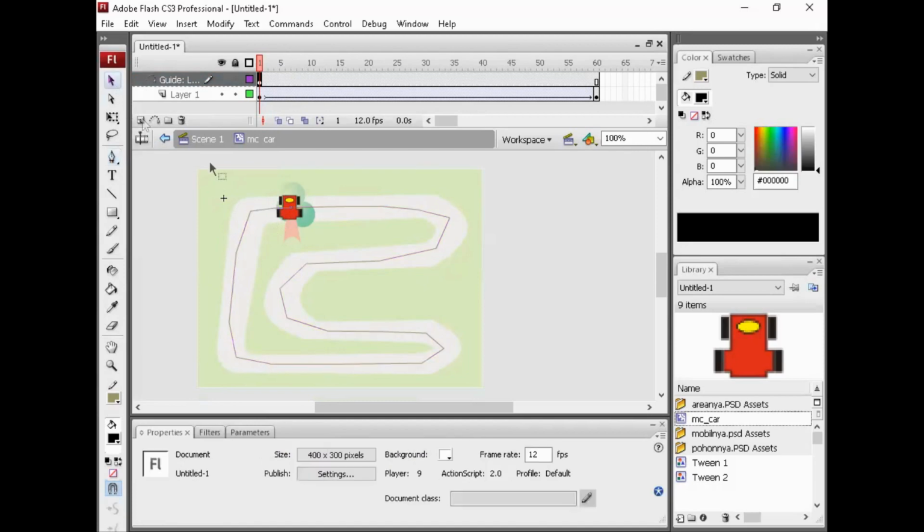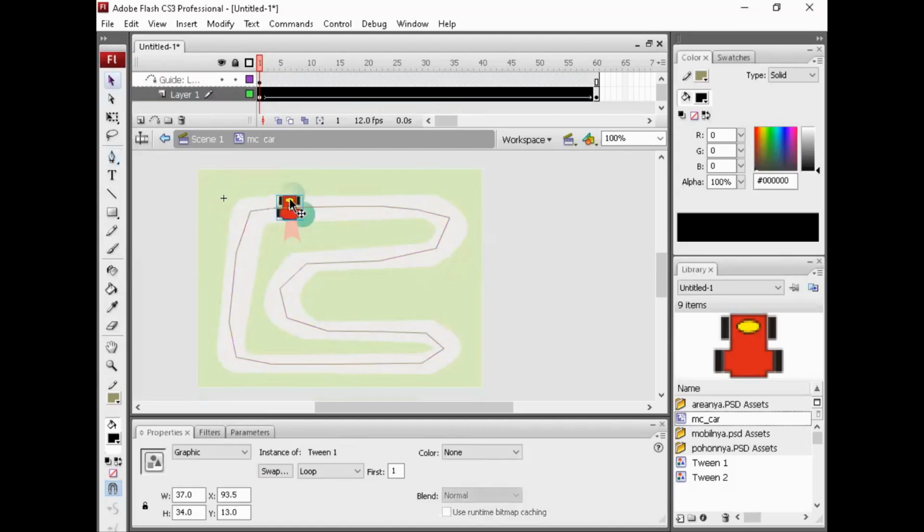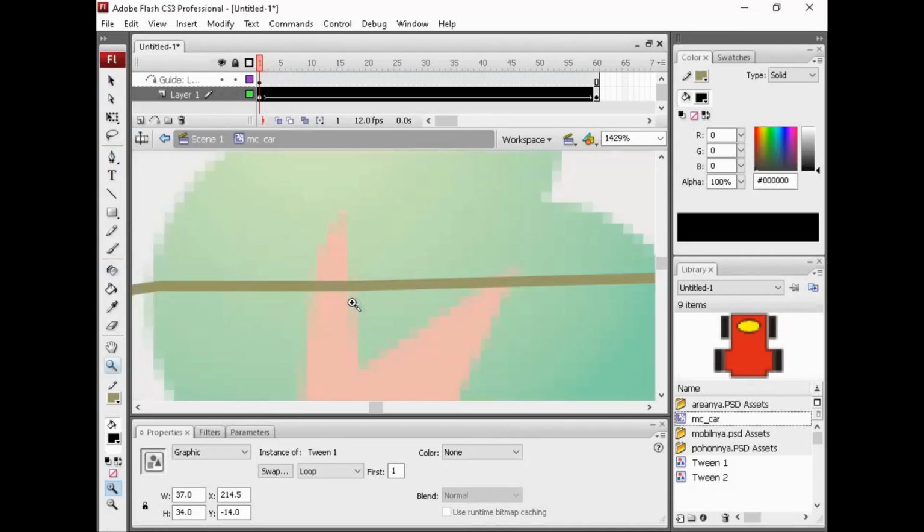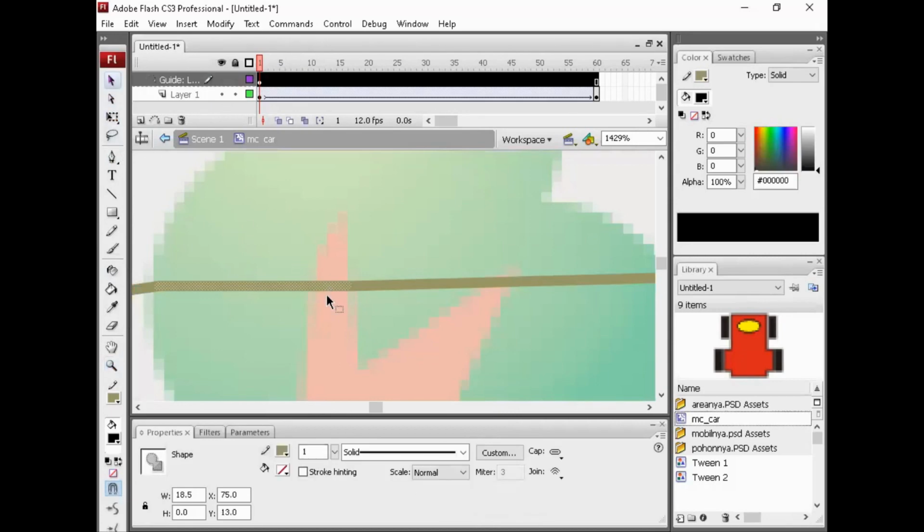Okay, you can see the track. If this joins, we can zoom this. Yeah, zoom and choose this, and we can cut a bit, like this.